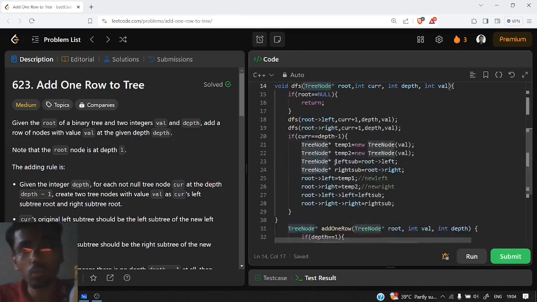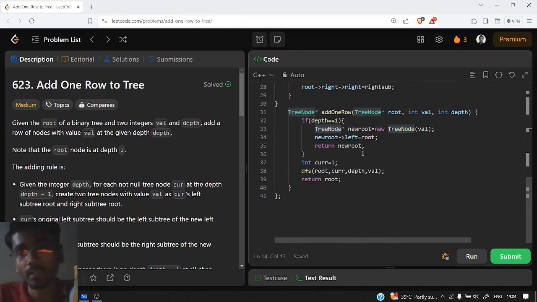So this is how we will do this question. Let us summarize quickly what we have done. So this was the base case, and after the base case, this was the edge case actually. If our depth is given 1, we will create a new root with the value equal to well, and its left child will contain the original root, and we are returning this new root.